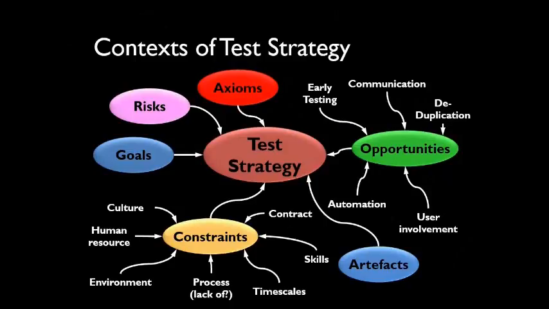I've also included the red blob at the top is axioms, this concept of test axioms. So again, that's lifted straight from the Tester's Pocketbook. So the Tester's Pocketbook is, as far as I'm concerned, a way of triggering germane questions to make choices in your test strategy. Now, the axioms in the pocketbook, I would still argue, are appropriate for agile projects as much as structured or